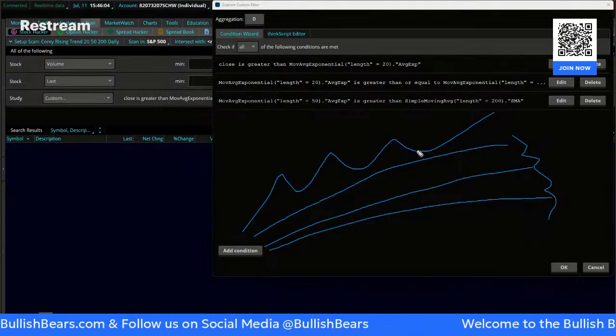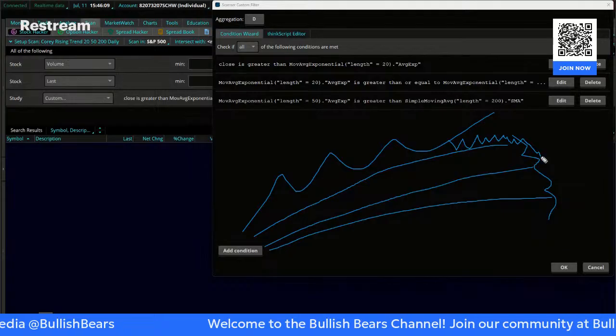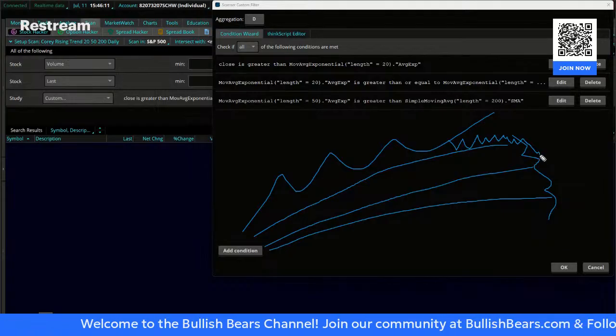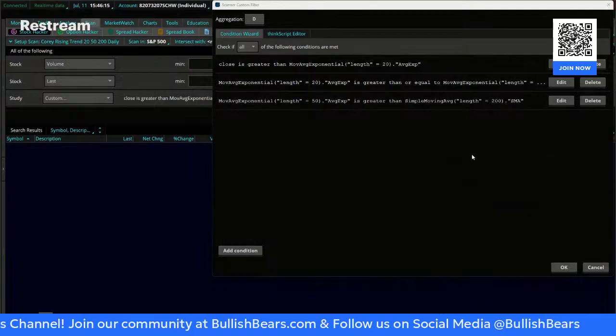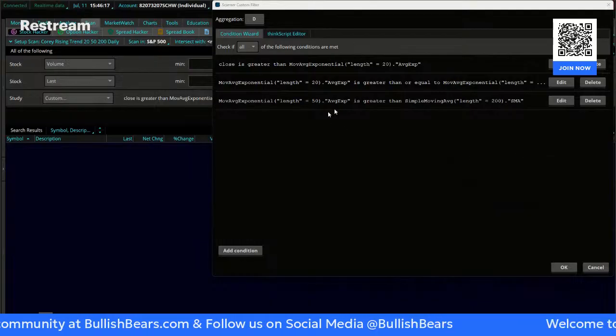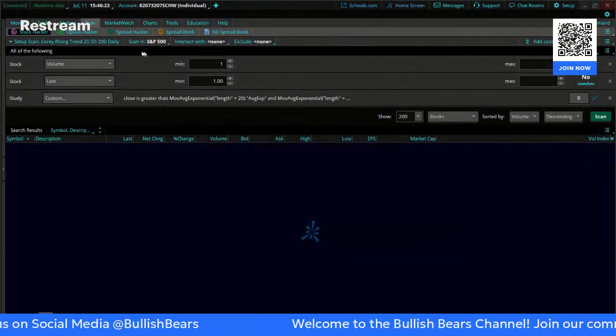Of course, we all know it can be above the 20, and yet it could be bouncing on the 20, right? And really struggling. So just because you find it in that list doesn't mean it's an awesome thing, right? Just a little bit of due diligence. But that's what his trend scan is searching for.